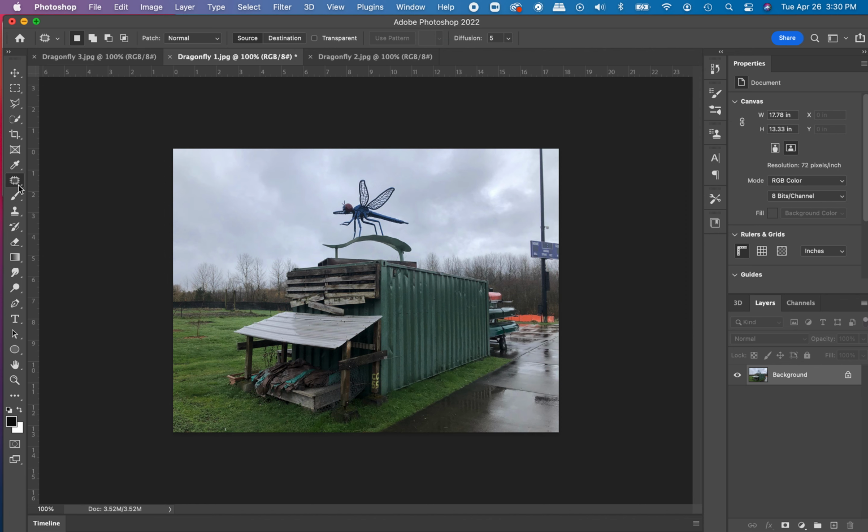Okay, so when I click on the patch tool, I actually get a selection tool, and I'm just going to select this very simply. I want to cut off this part of the shed that sticks out into the grass because I want to put my design on the Conex box without seeing this ugly shed roof sticking out. So I'm simply going to select the part of this area, and I'm just doing this with my mouse on my trackpad here. I don't need to make a very, very accurate selection